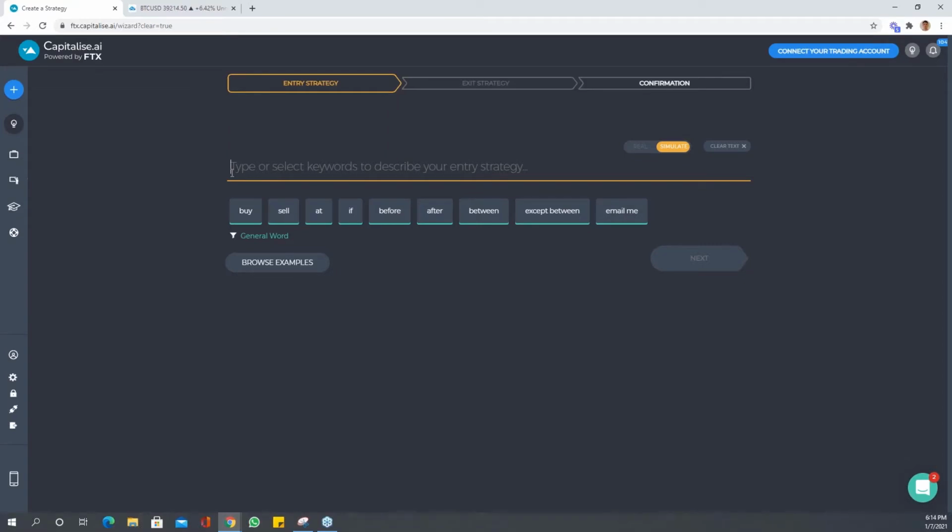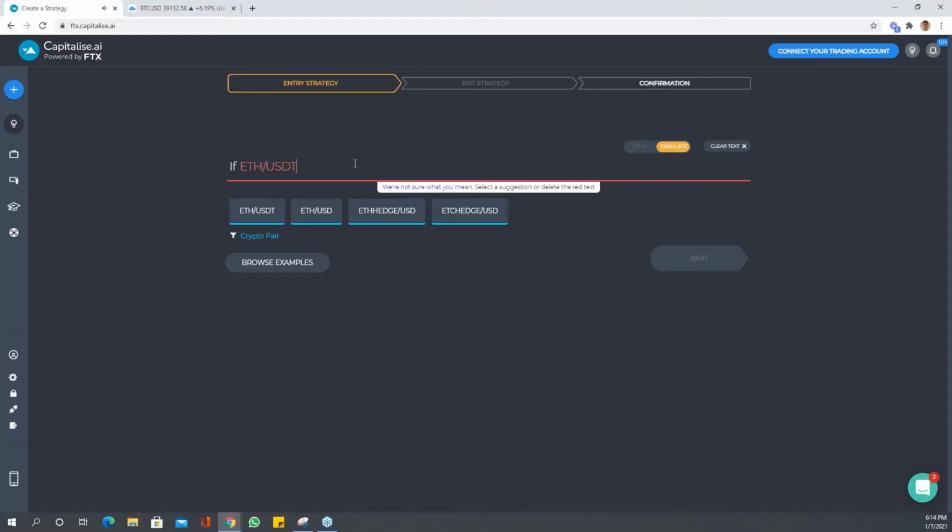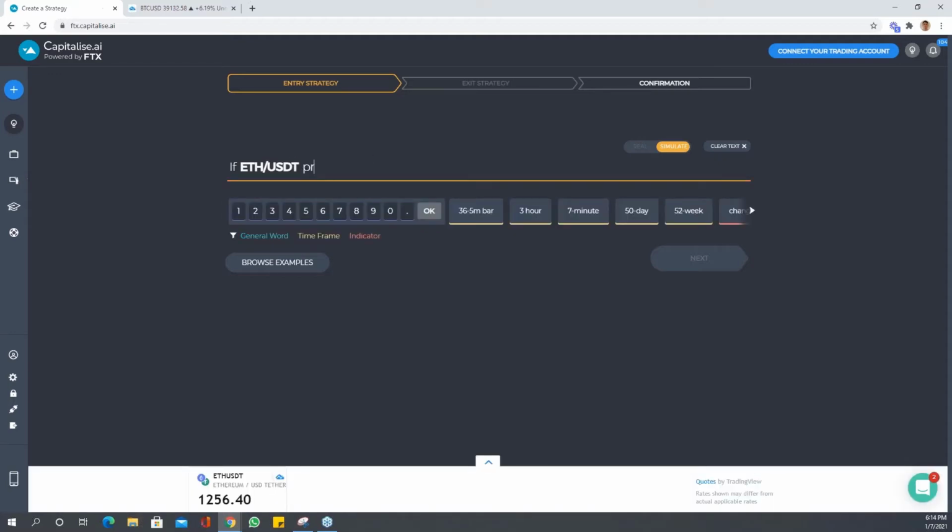Let's do a very simple strategy. Let's say that if an asset falls by at least, since the market's been moving quite heavily with crypto, let's go for 10%. So let's do this. If ETH USDT price